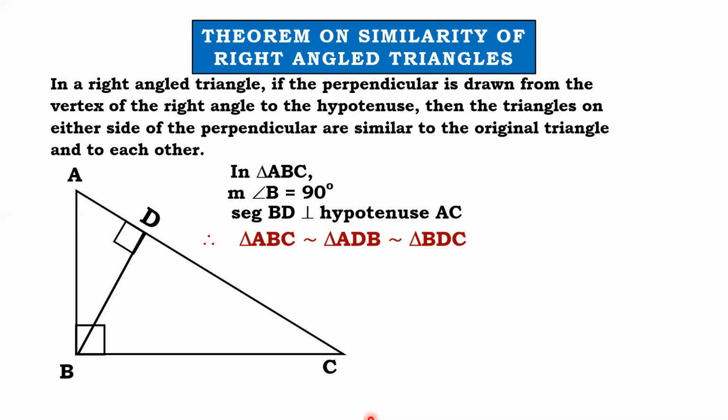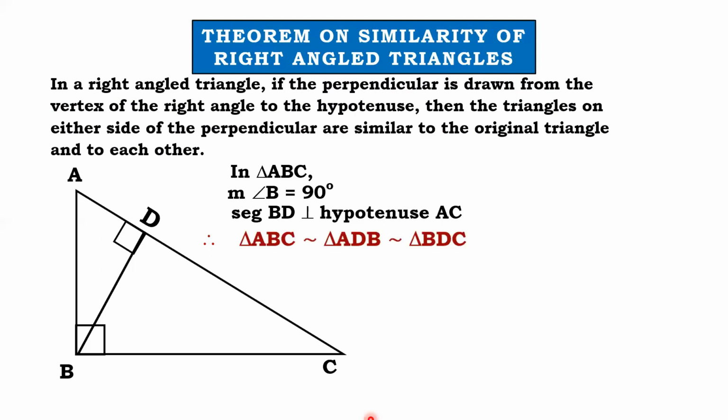First, there should be a right angle, and second, there should be a perpendicular from the right angle to the hypotenuse. I hope all of you have understood so far. Okay, now here is the most important catch of this theorem. Many students make a mistake. I don't want any of my kids listening to today's lecture to make this mistake.